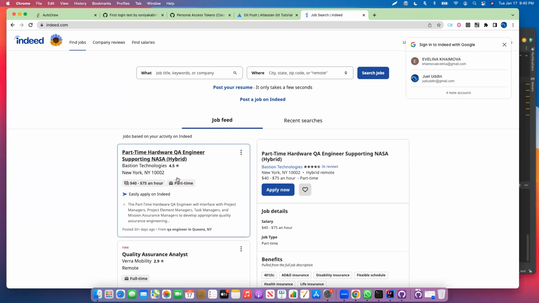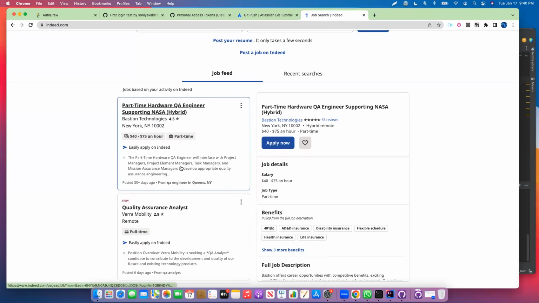So let's look at some of the positions, with all of that said, to make sure you get some sort of good expectation with the hourly rate and all of that. So this is a part-time hardware QA supporting NASA, right? So this is more on the hardware. So we're not looking for hardware testing, honestly. There will be positions like testing the